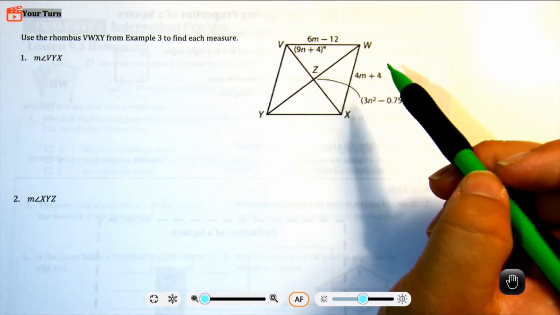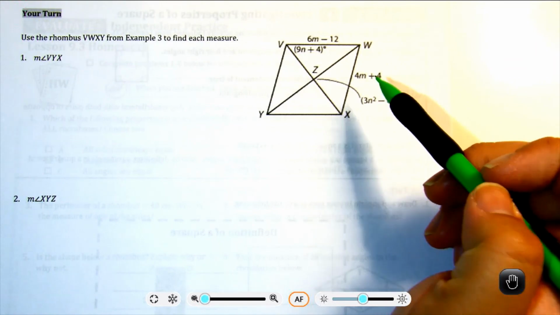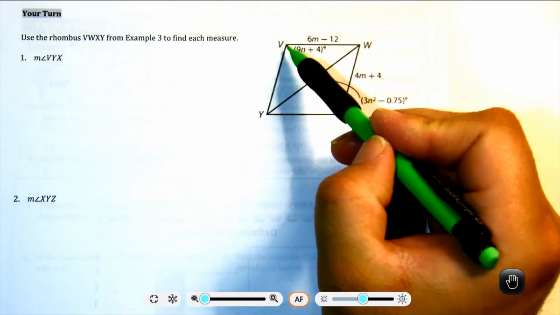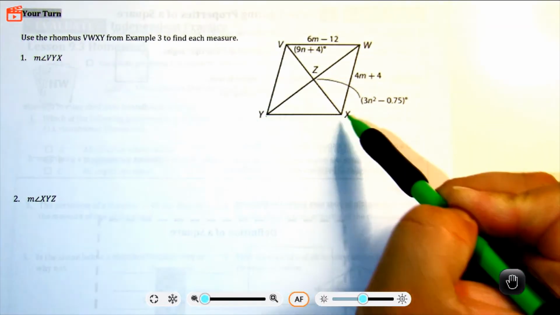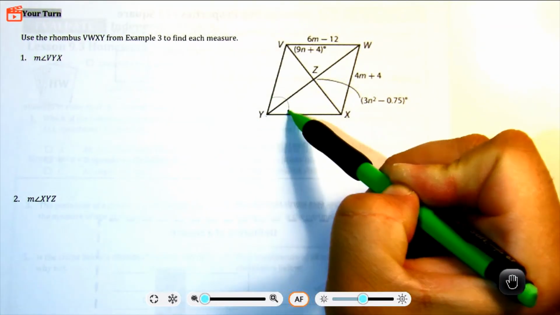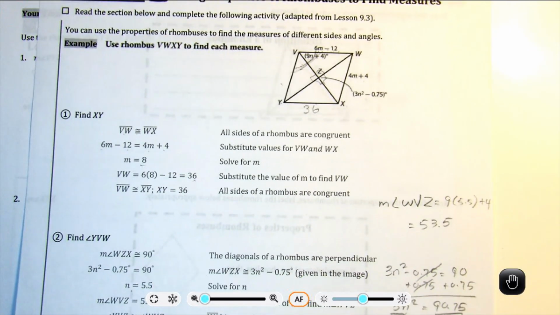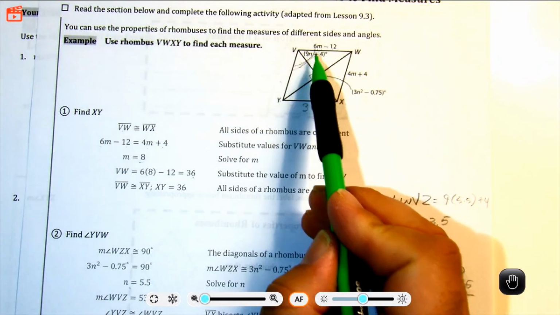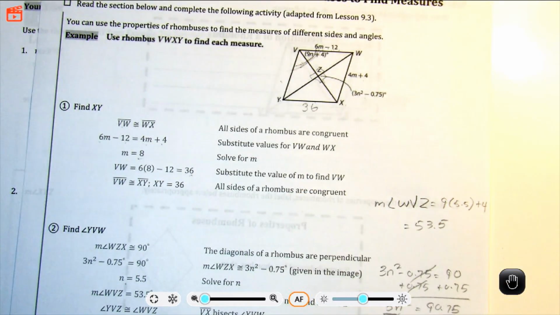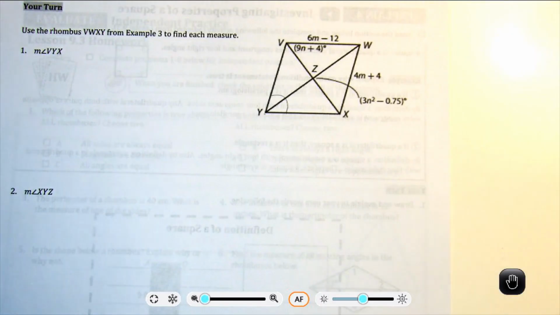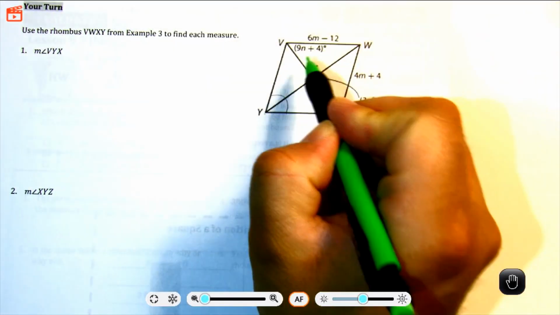So here's VYX, that is this angle. Now, going back to the previous problem, we found this angle was 107 degrees. So let me draw that here. If this angle